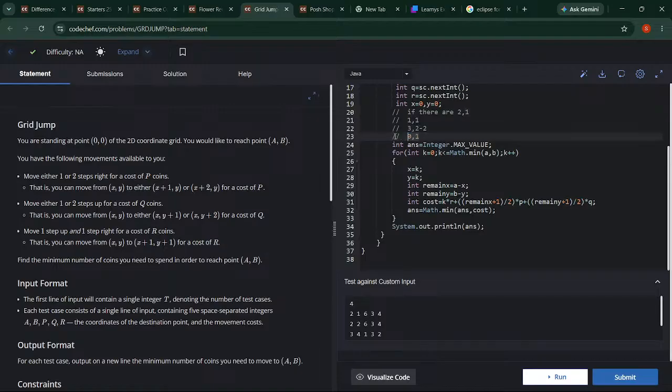0,1 to reach करने के लिए हमारा इक्वल टू केस है, राइट। So what we have to do, we have to